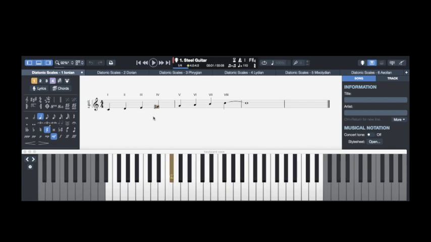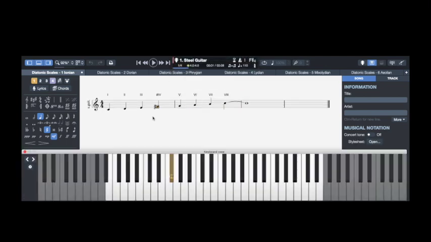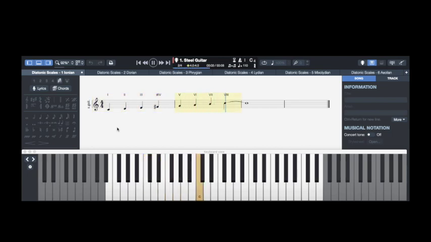And in doing so, we need to also change the code so it's reflected there. So this is the code for another diatonic scale that sounds like this, as opposed to